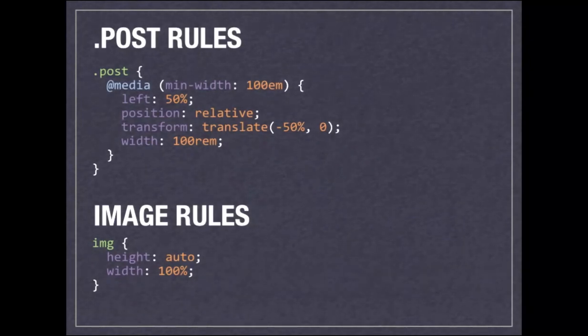When we look at the rules in our CSS, we find that the outer post class, for the whole blog post, is by default going to be 100% width because it's a block element. But what this rule is saying is that if the browser viewport gets to a minimum width of 100 ems, which is typically 1600 pixels, then we're going to say that the width is